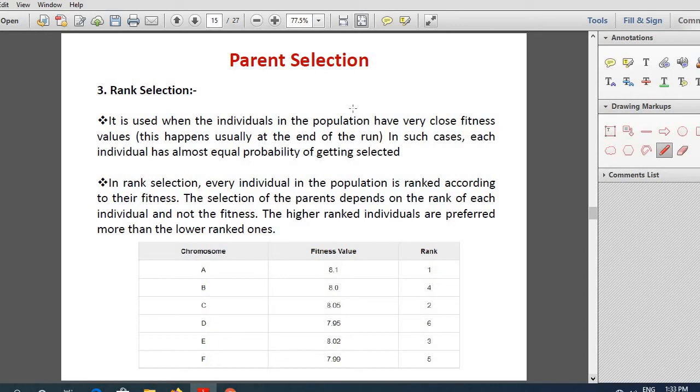Now another method of selecting the parent is rank selection. Usually if the genetic algorithm is run for about 100 generations, suppose that my termination criterion is that I'm going to run my GA for 100 generations. I'm going to produce the crossover offsprings and all for 100 generations, 100 runs I'm going to make.